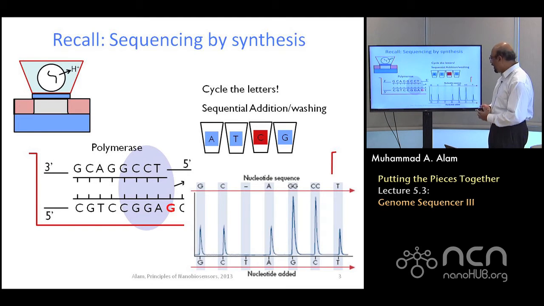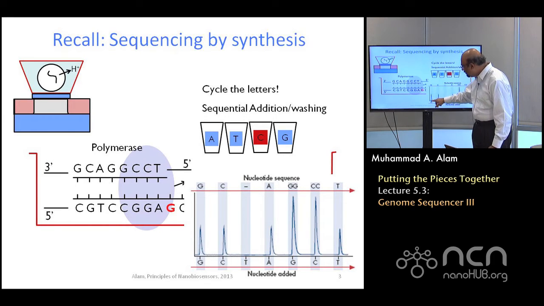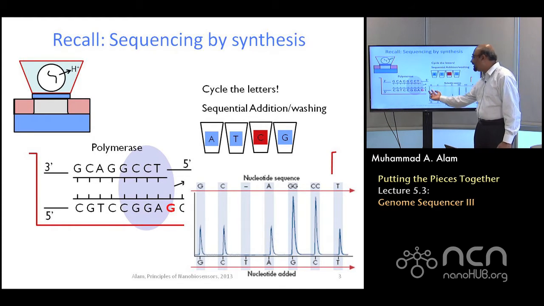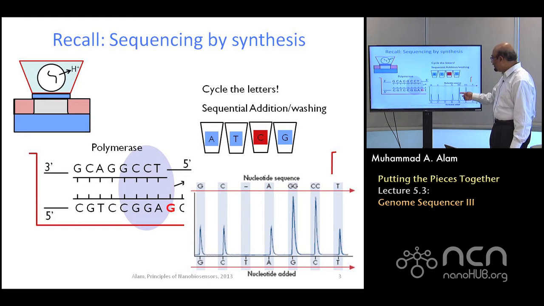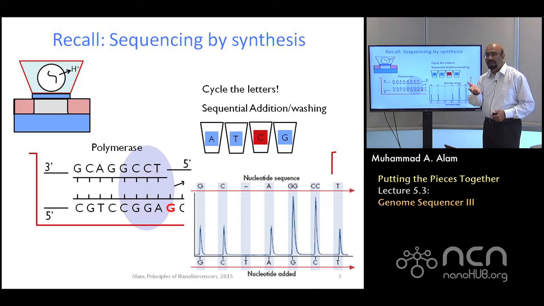And as a result, what's going to happen is that whereas when things were going one by one, you have a certain level of signal, let's say. When you have the two G's sitting next to each other, then the signal will be double. Two C's sitting next to each other, the signal will be double. So you say, what's wrong? I mean, if I have two G's, it's even better that I can read two letters at the same time. There should not be anything wrong. It turns out that it is really not that simple, as I will explain in the next slide, that there is a selectivity problem associated with it.